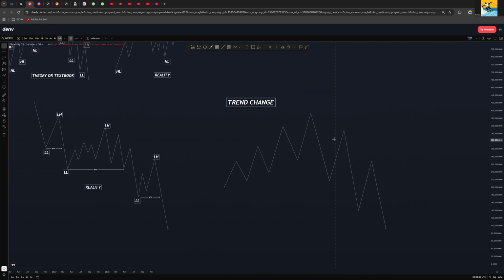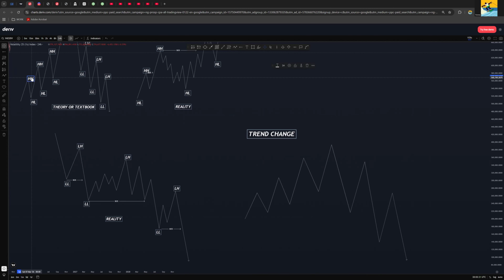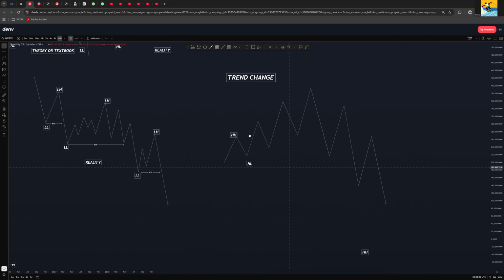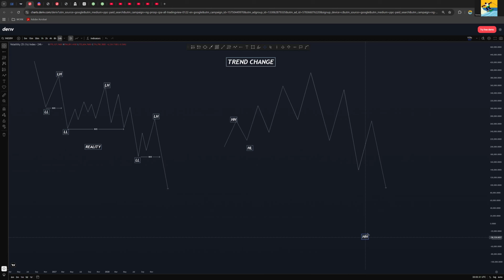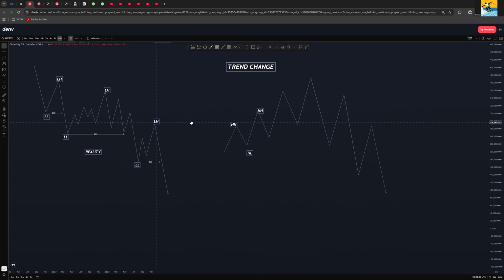Remember, we have labeled these structures. So still the same labeling: higher low, higher low, higher low, higher high, higher high, higher high. So let me just quickly make it more descriptive. So this is our higher high. Just following the same concept. This is our new lower high,